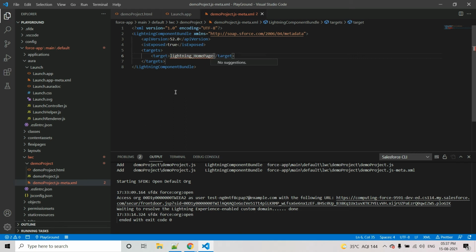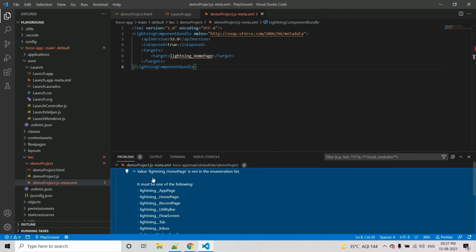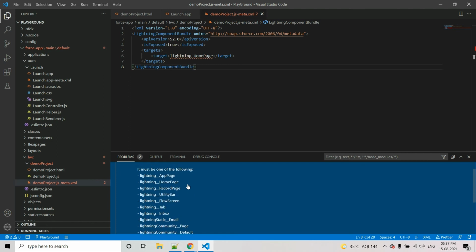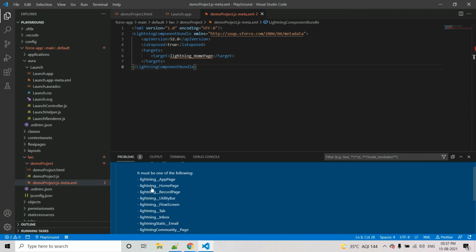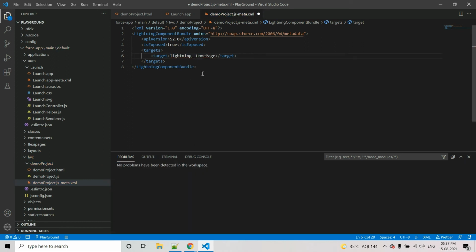Save it. We are getting some error. Okay, fine. We've also written the same thing. I don't know what the error is, but we want to display the same thing on lightning underscore underscore. Okay, fine. This is okay. That is missing. Save it.